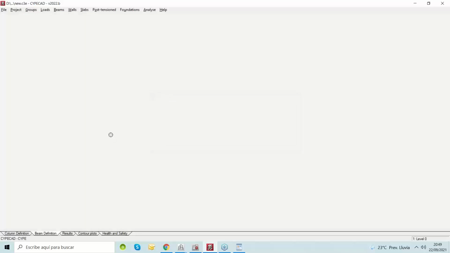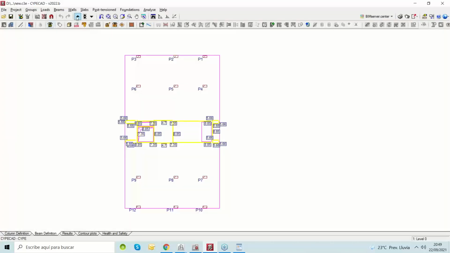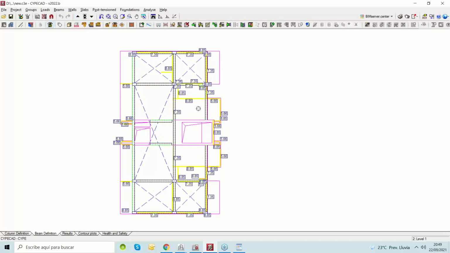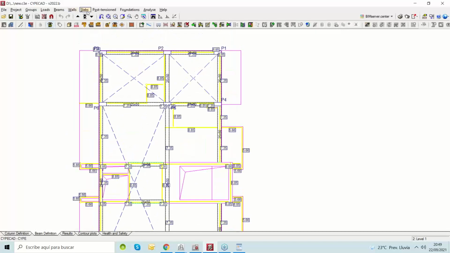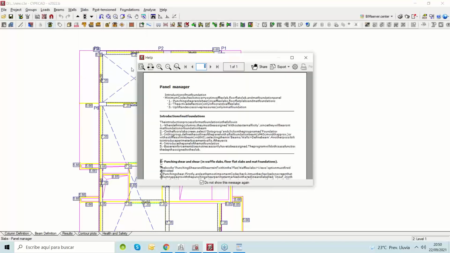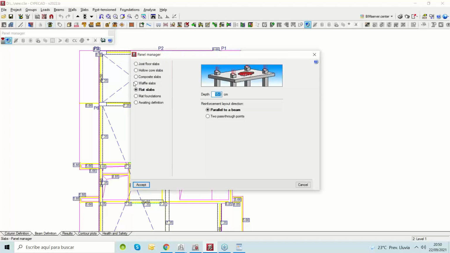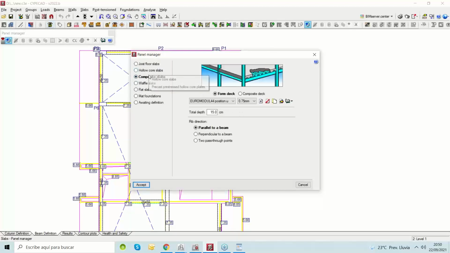And we can also now keep building our model, defining more beams if it's necessary, adding more, defining the slabs, the information that is very specific to the project, the structural analysis. So if it's a composite slab or a waffle slab or hollow core slabs, we have here different